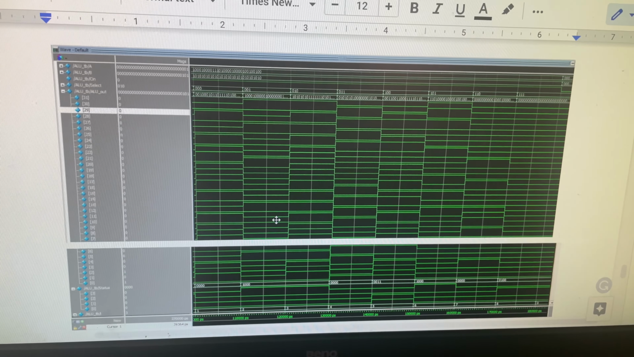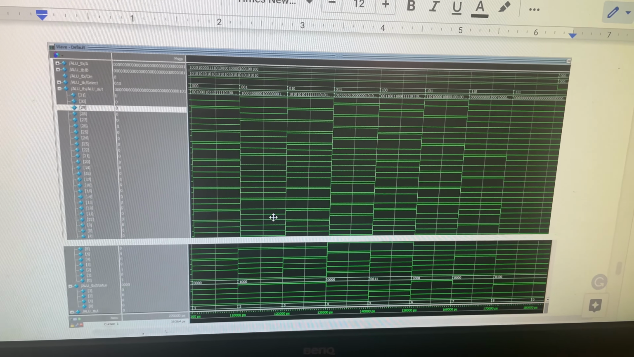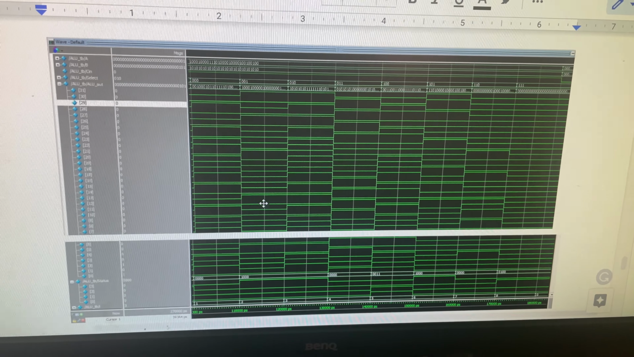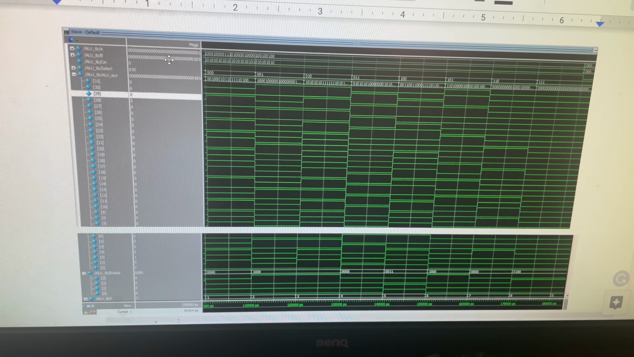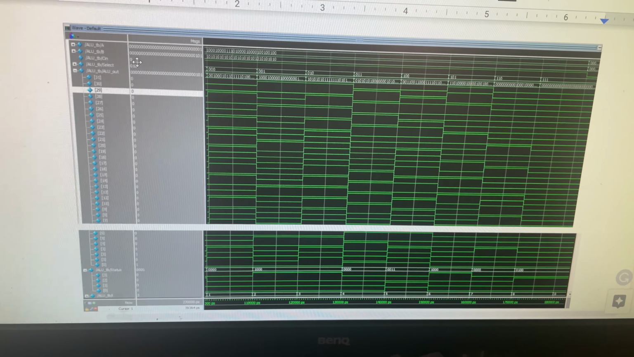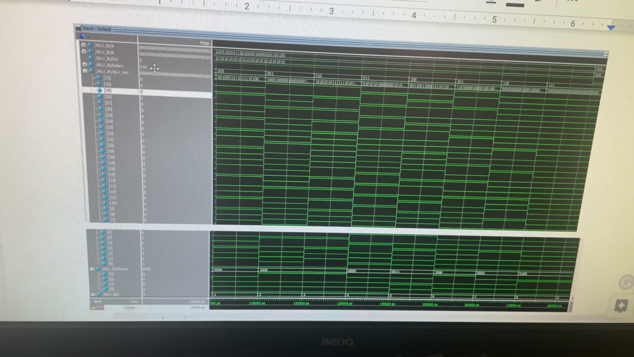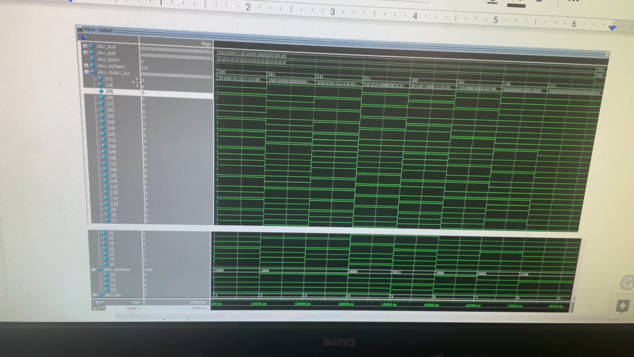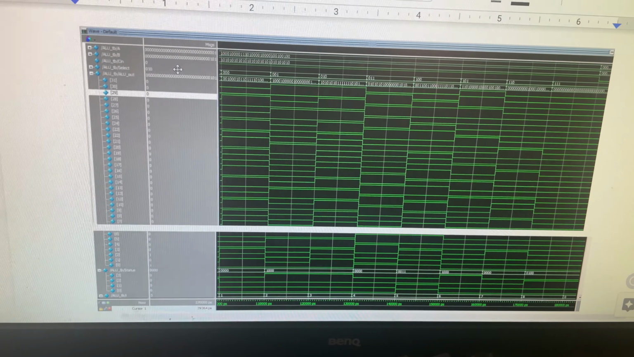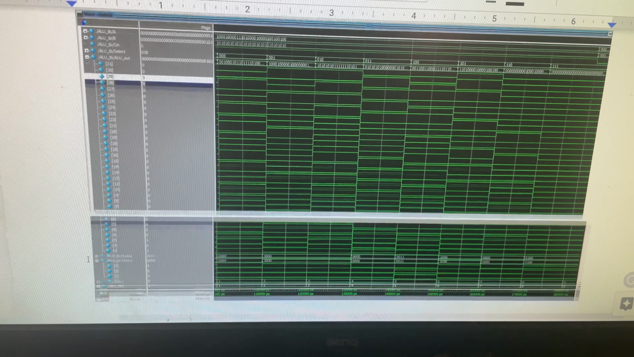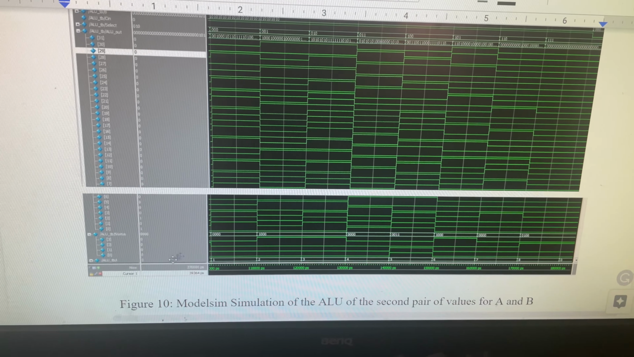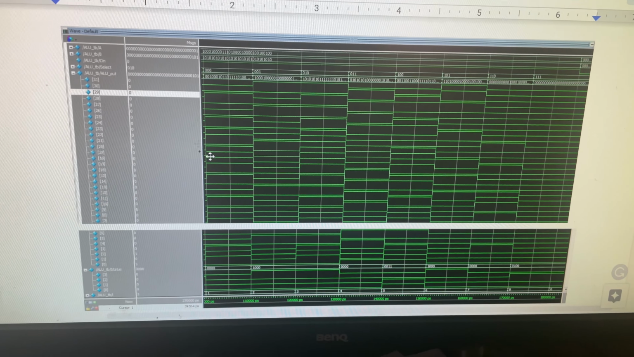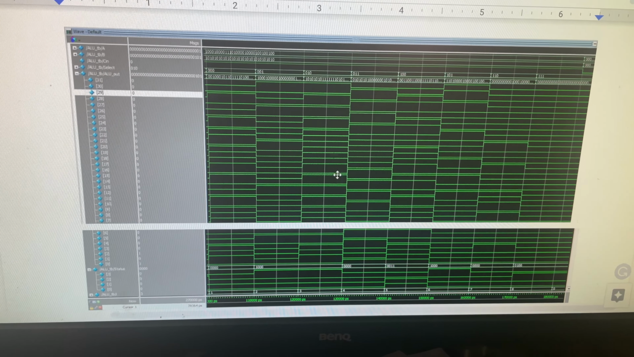If you go down here, it has values for the second test bench that I showed previously: 32-bit input A, 32-bit input B, CIN of 0, 3-bit select. We have all 32 bits, and our output 32 bits right there. And our status. Again, as you can see, even with different variables, it successfully